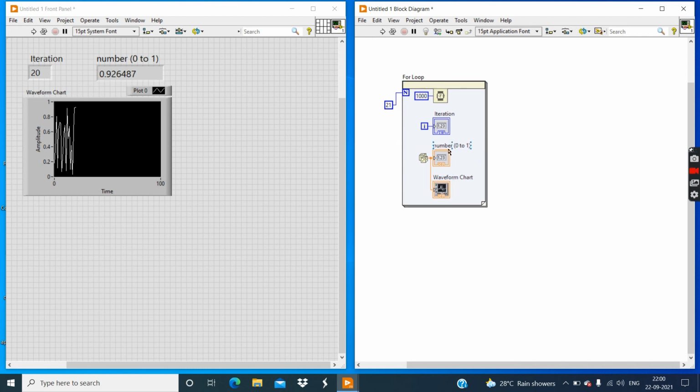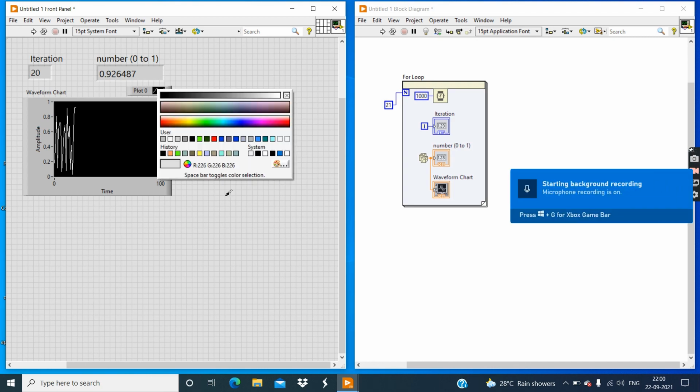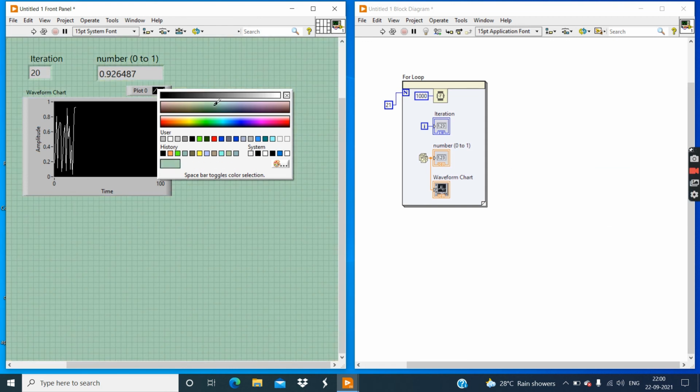You can see the perfect position of all the indicators, controllers and functions. Now change the background of this front panel window. For that, press Shift and right click on the window, then click on this paint option, then right click and change the color of the background of this front panel window. Right now I like this color.